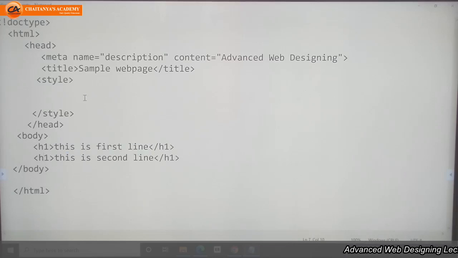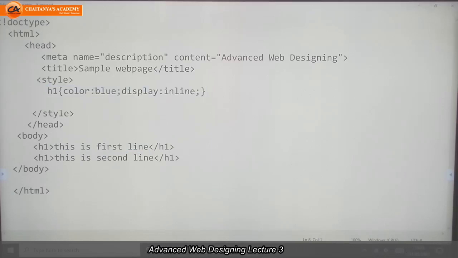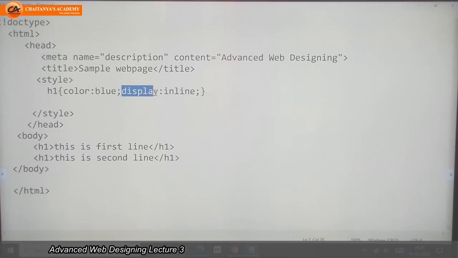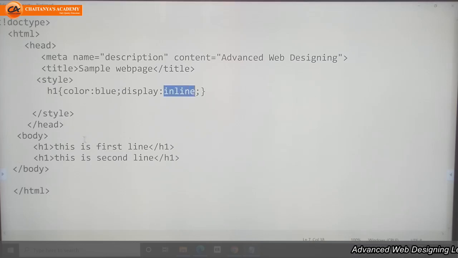I want to display the text in the same line. I need to use one property, that is the display property, and for that the value should be inline. Inline means whatever text we display, it should be in a single line.